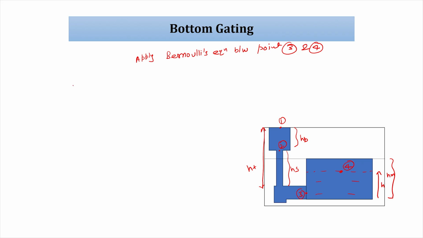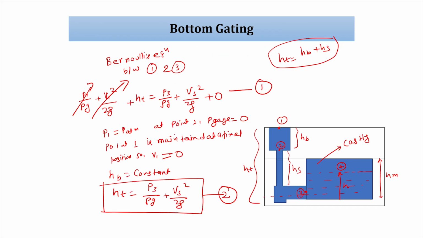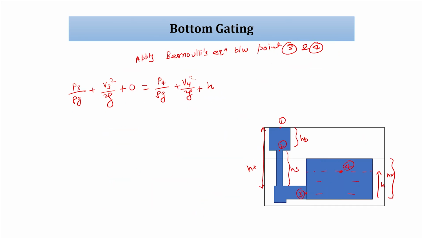So, we can write P3 by rho g plus V3 square by 2g plus 0 equals P4 by rho g plus V4 square by 2g plus h. In 1 and 3 we talked about just the left side, before entering, and just after entering the mold. 3 is a continuous point where we take the left hand side and right hand side. So, we are discussing the right hand side part,